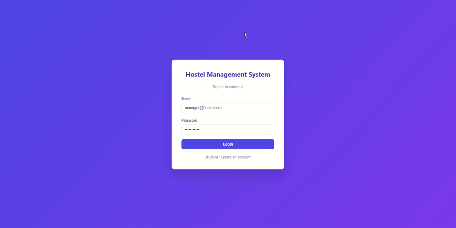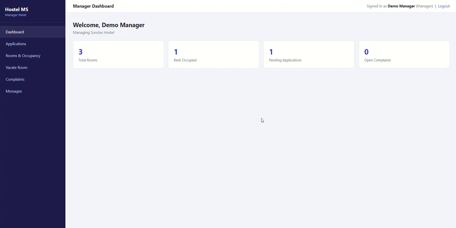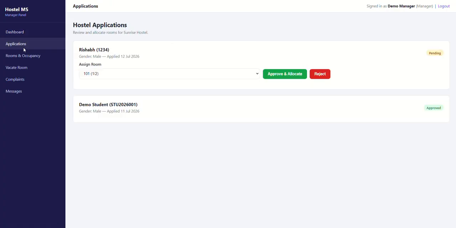Now I have logged out as a student. Now log in as a manager. Just log in. Now you can see the total number of rooms, beds occupied, one pending, applications, open complaints. If I go to the applications, I can see that I have one approved and one request from Rishabh,